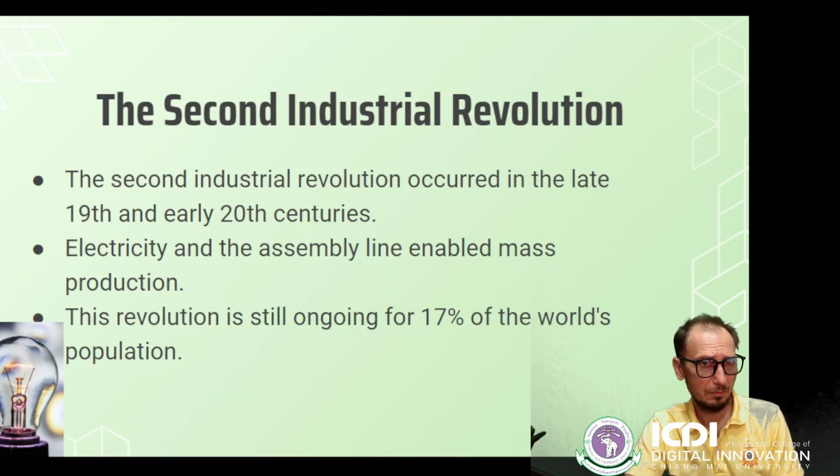The third industrial revolution, beginning in the 1960s, known as the digital revolution, driven by semiconductors, mainframe computing, personal computing, and the internet. So, again, the second industrial revolution is electricity and assembly line, and the third industrial revolution is computers. So maybe your grandparents lived through the second industrial revolution and your parents lived through the third industrial revolution.